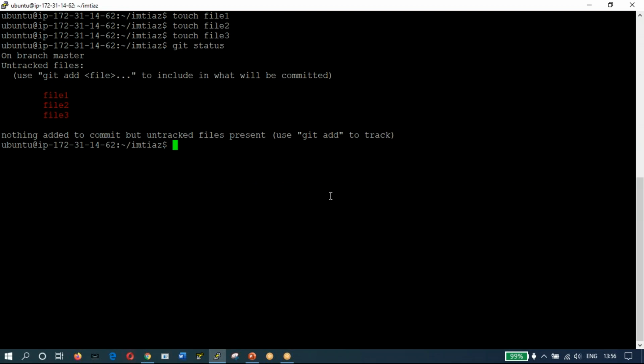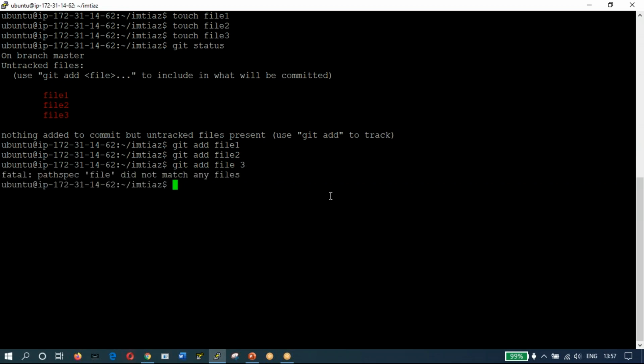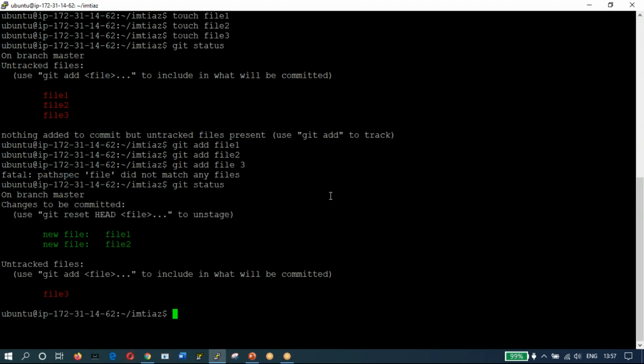So to make them tracked, we will add these files: git add file 1, right? And then git add file 2, git add file 3, right? So these files are added now. Now you check the status, git status, right? You can see